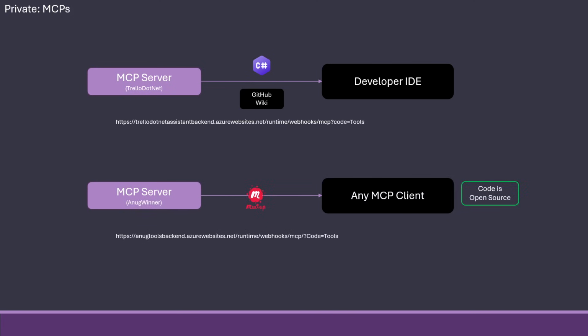The final thing I have is a small MCP server for the group I'm leading, the Aarhus .NET user group. And on every meetup, we have a sponsor from JetBrains where we grab a winner. We have a small Blazor site that can do that, of course, but given all the AI hype here, we also made a small MCP server that can do the same thing, and so one can go to a coding agent or any MCP client and say, give me a winner for the latest meetup, and it will come back with a name. The code is open source, so you can just grab it from the nooktools.azurewebsites.